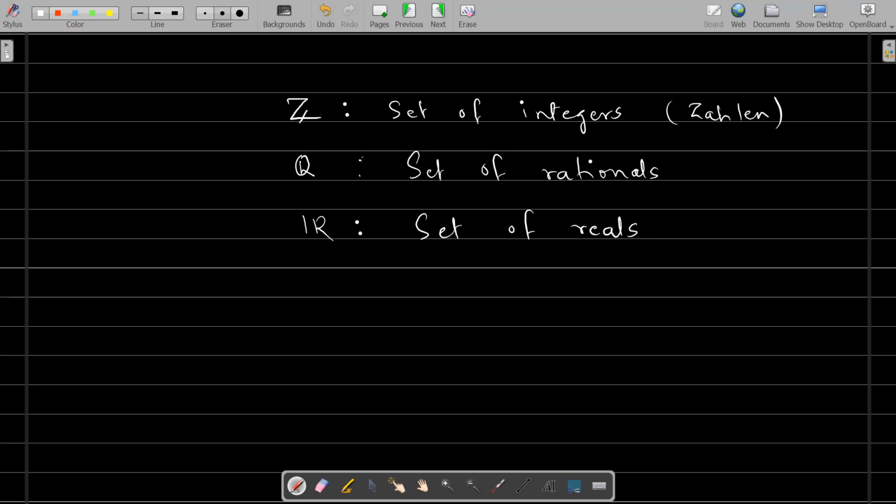R stands for the set of real numbers, and C stands for the set of complex numbers. So C consists of all numbers of the form x plus iy, where x and y are real numbers, and i is the root of -1, or i squared is